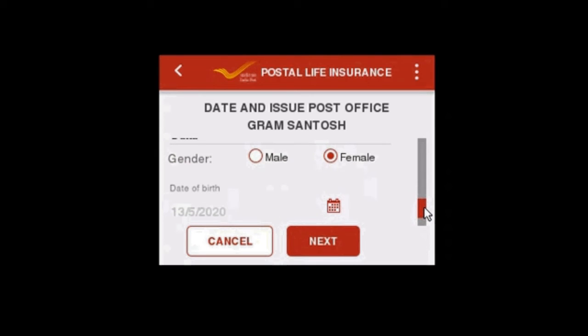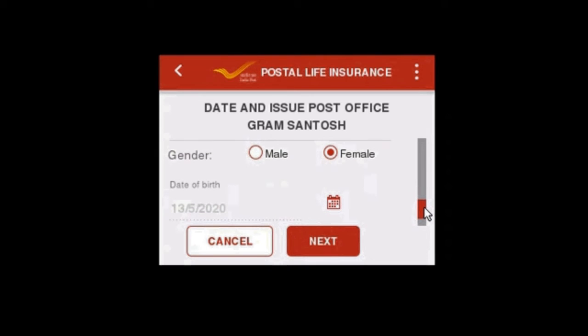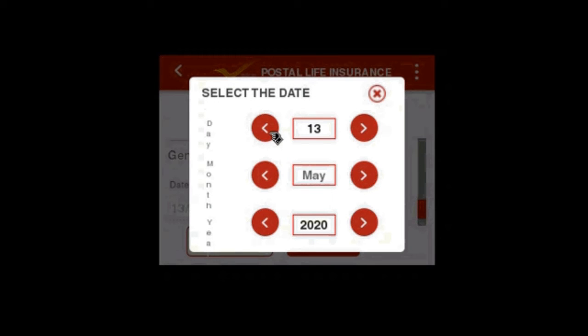Date of birth. Now we have to select the date of birth of that person, Manju Datta. Calendar symbol. We have selected the calendar symbol. Now choose the date. 6th May.